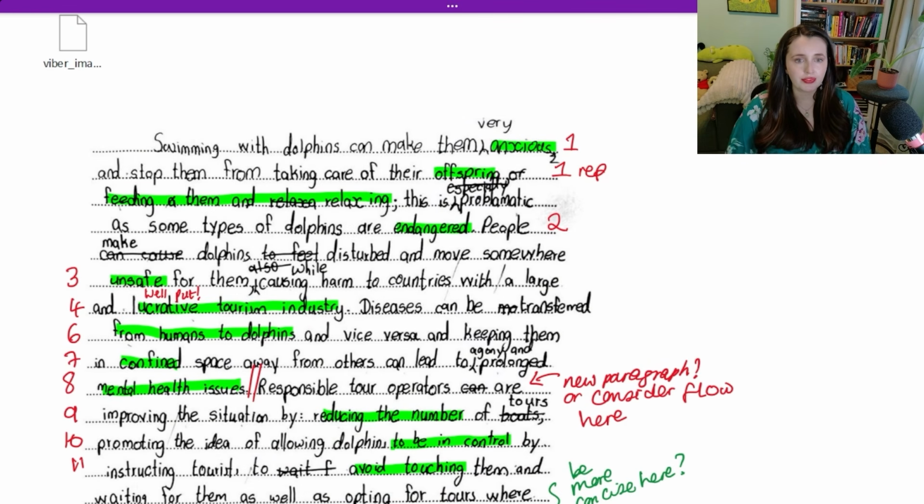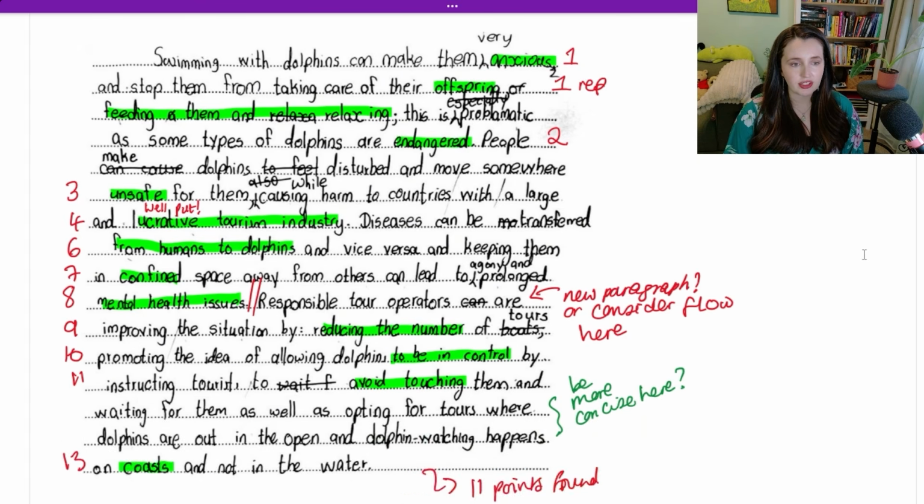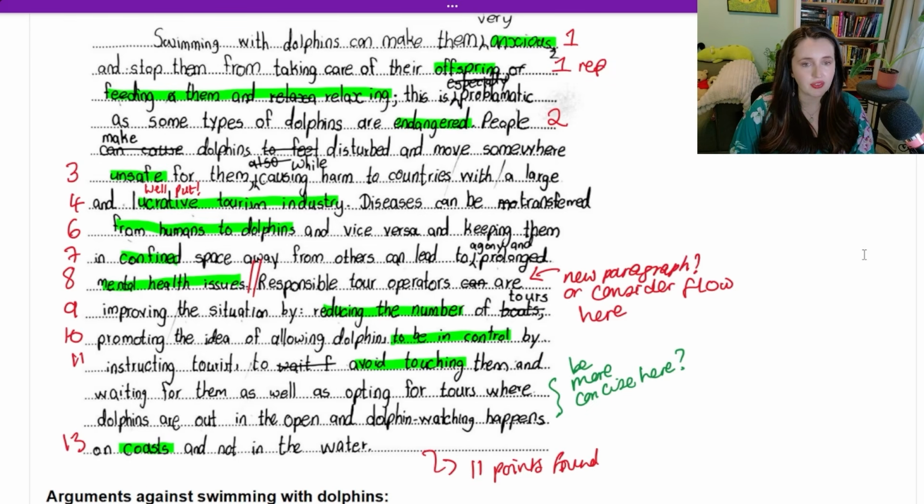Let's read. Swimming with dolphins can make them very anxious and stop them from taking care of their offspring or feeding them and relaxing. This is problematic as some types of dolphins are endangered. People make dolphins feel disturbed and move somewhere unsafe for them, while causing harm to countries with a large and lucrative tourism industry. Diseases can be transferred from humans to dolphins and vice versa, and keeping them in confined spaces